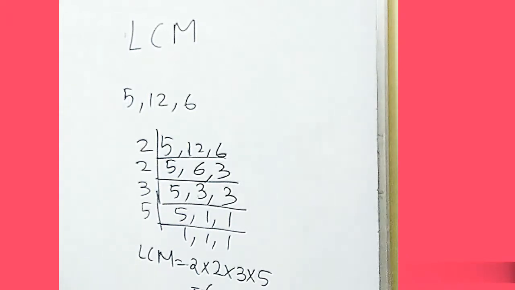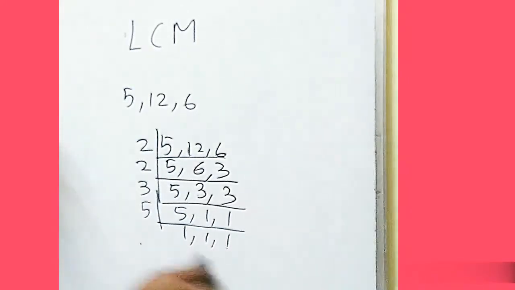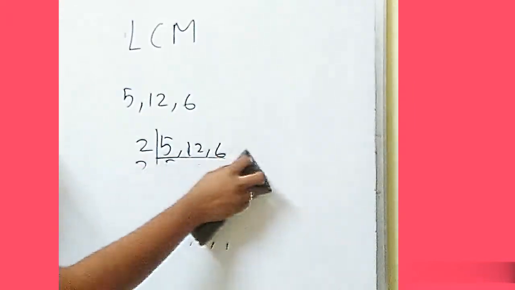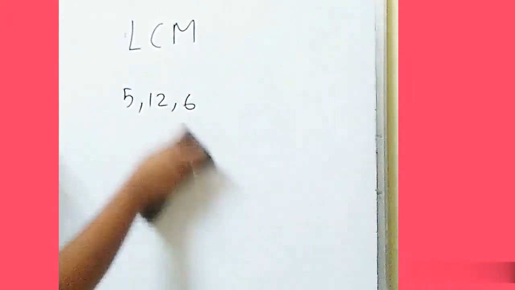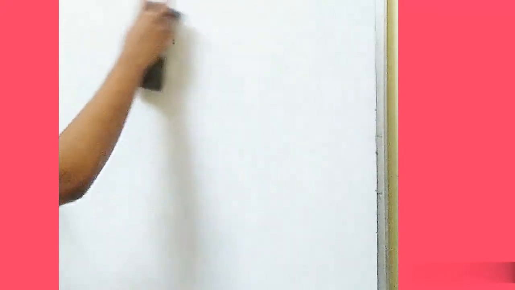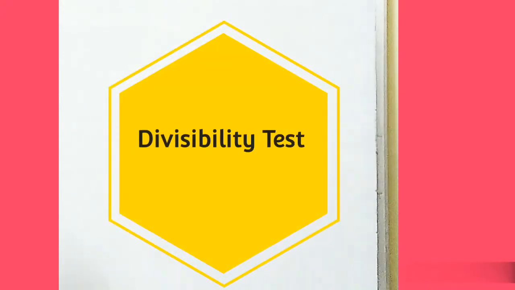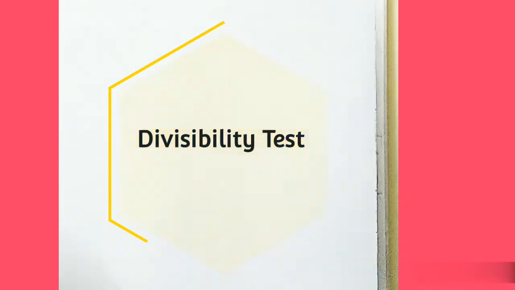Now we'll see tests for divisibility. Why is it required? See, for small numbers we can determine whether the number will come in a particular table, like for example, I was taking 12 and 6. But what about other numbers, such a big number, how will we do it? For that only we have something called the divisibility test, students.